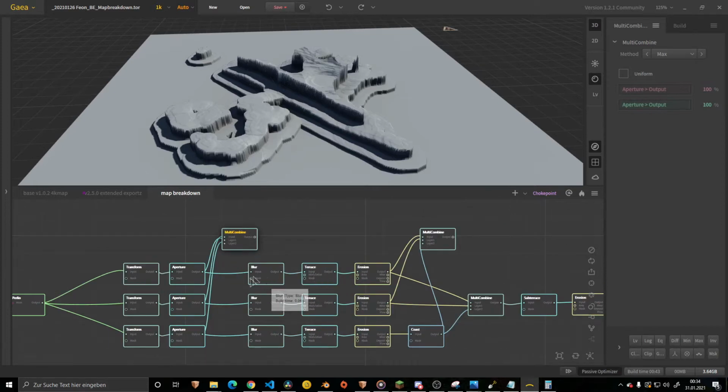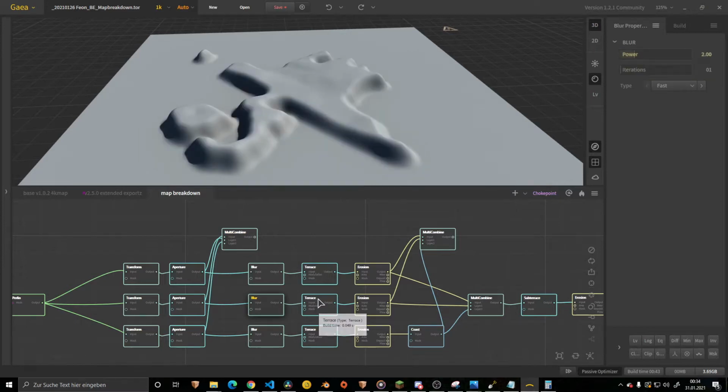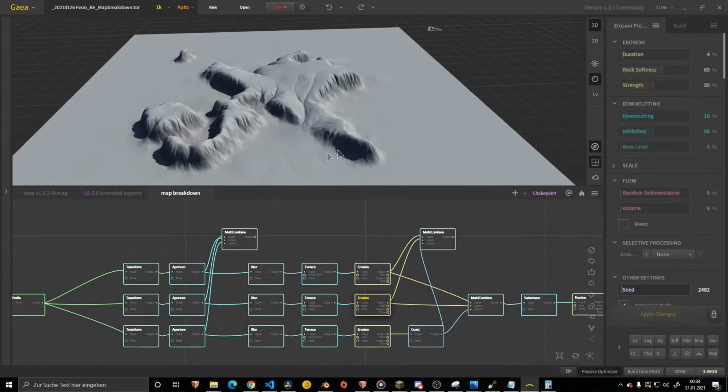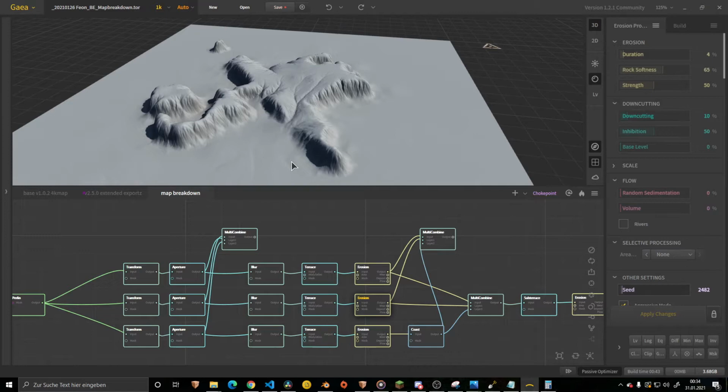Each of them gets a bit more modification: it gets sharpened, it gets some terraces, it gets some erosion. The basic idea is that within this section, from the start of the splitting all the way to the end of the combination again,